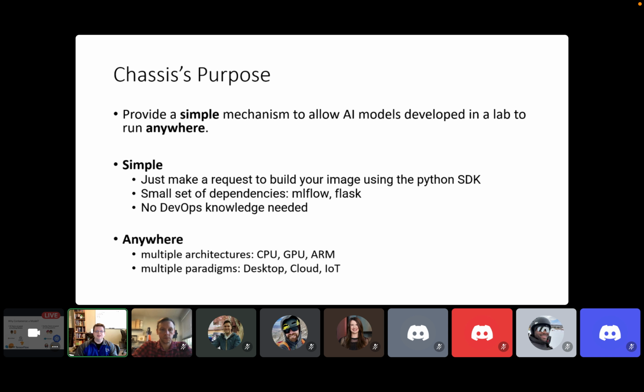And so as we developed Chassis, we had to think about what its actual purpose was. Like I just said, the idea for us was to provide a simple mechanism to allow AI models that were developed in a lab or on specialty hardware to be transitioned so that they can run anywhere. And when I say simple, what I mean is that Chassis exists so that data science teams who don't know anything about DevOps can use the skills that they do have, which is just coding. And when I say coding, I mean just a few lines of code